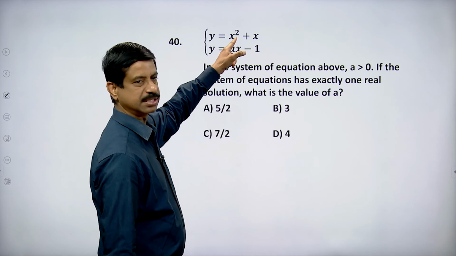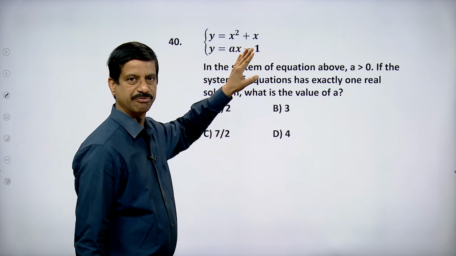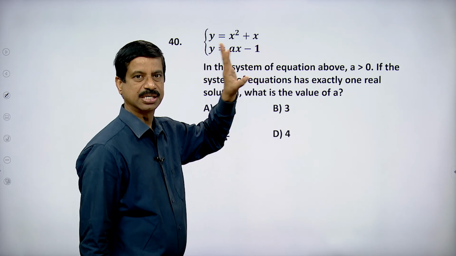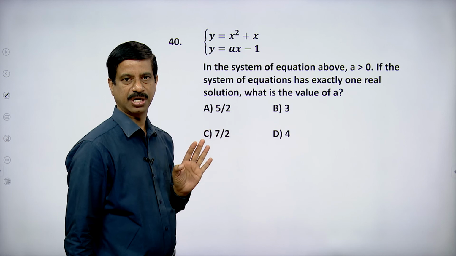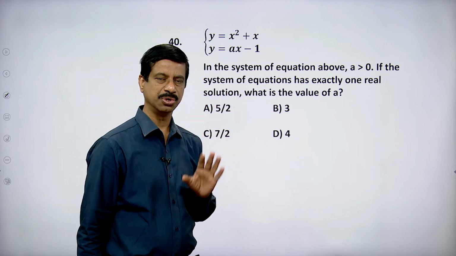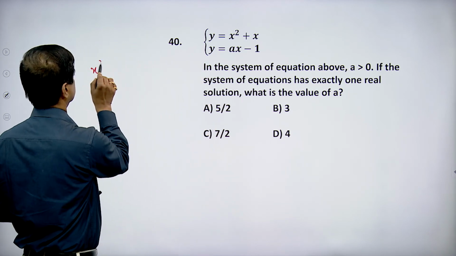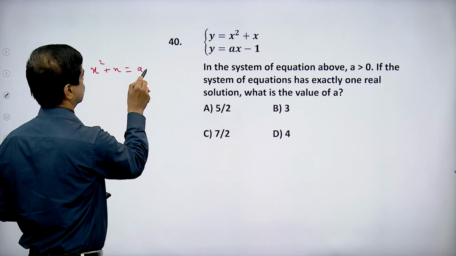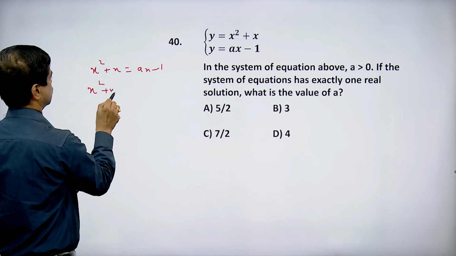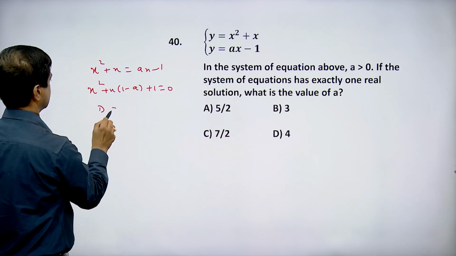When a second degree equation intersects a line, having only one real solution means the discriminant equal to 0. Correct or not? Roots are equal. Roots are equal means what? Discriminant is equal to 0. So if you simplify this, x square plus x equal to ax minus 1. So x square plus x into 1 minus a plus 1 equal to 0. Discriminant equal to 0, you take